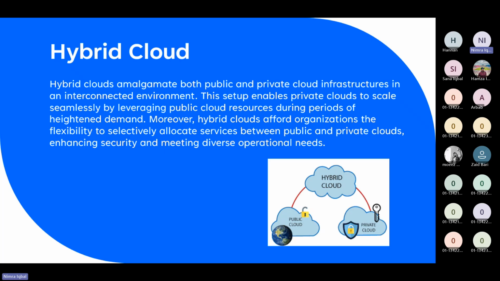Now, finally, let's talk about hybrid cloud. A hybrid cloud is a computing environment that uses both public and private clouds in an interconnected environment. A hybrid cloud environment can be used to allow a private cloud to surge into increased temporary demand by deploying public cloud resources. Hybrid cloud can be used to provide an extra layer of security. For example, users can flexibly choose which services to keep in public cloud and which to deploy to their private cloud infrastructure.